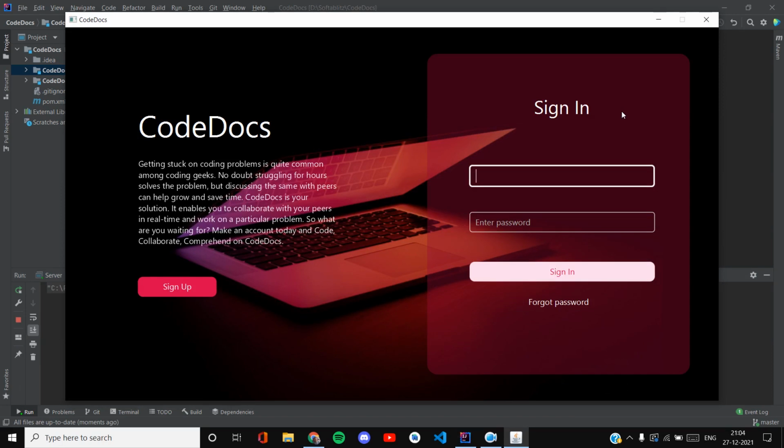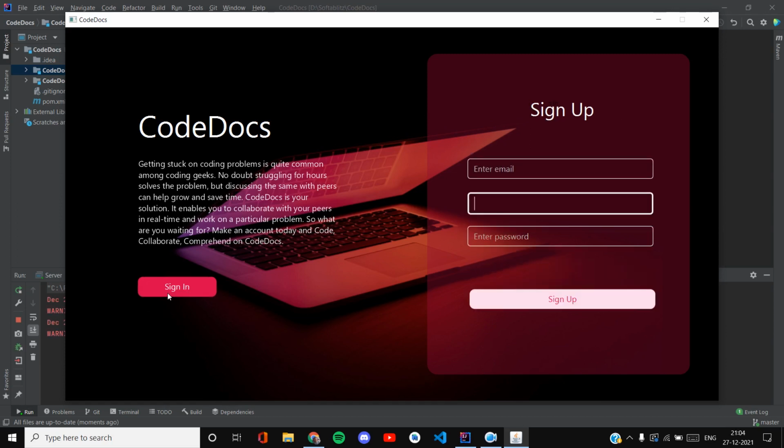As a client, when you first start the application, if you haven't logged in before, you will land on this login screen. If you don't have an account, you can click on this sign up button and create an account. I'll quickly create an account. Sign up. So the sign up request has been sent to the server.